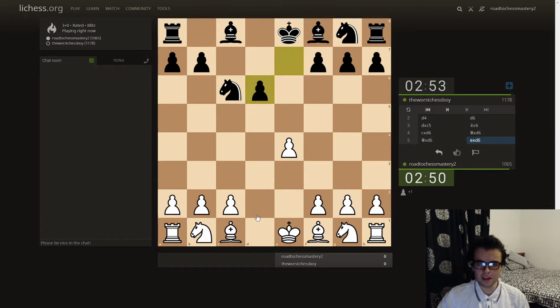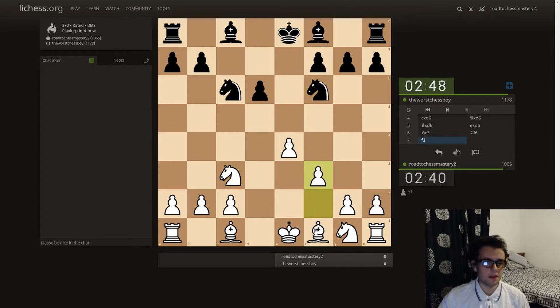That was a mistake, I think, because he just gave me a pawn. And yeah, what did he get for that pawn? Nothing. He'll probably go for something like that. You know, I can just play this. It's a very decent move. And yes,